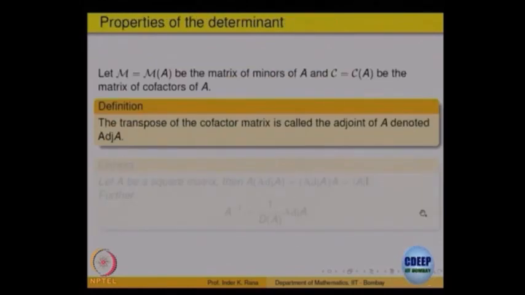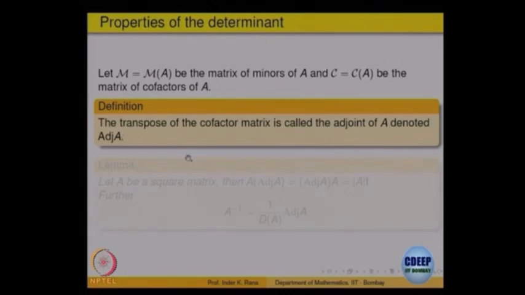Now, here is something which we will not prove fully here because they are messy to write. Look at the transpose of the cofactors of a matrix. There is a definition of what is called the adjoint of a matrix. So, what is the adjoint of a matrix? First of all, we looked at minors and then we looked at the cofactors. Look at the cofactors, which give you a matrix; the transpose of that is called the adjoint of the matrix A.